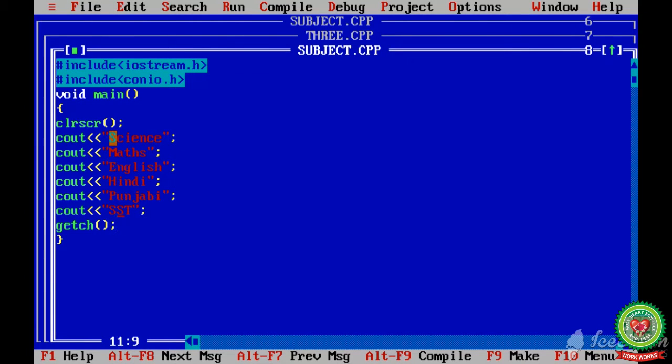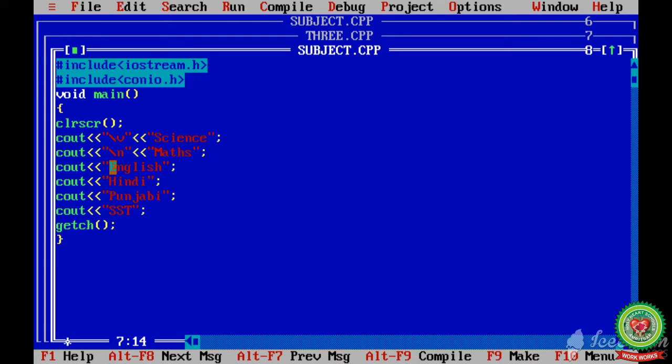With the first, science, I will use the escape sequence for the vertical tab. In the double quotes I put the \v and this symbol, and I will put the double quotes to it. That \v is used to give the vertical tab. It will make the vertical tab in front of science. And next escape sequence, in front of math I will use \n. \n is used to put the word to the next line. It brings my cursor to the next line.